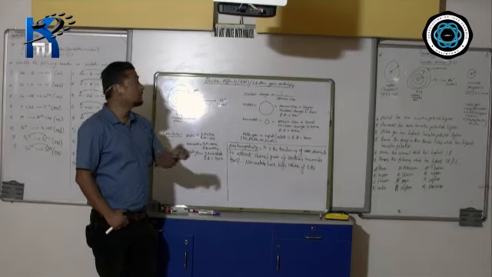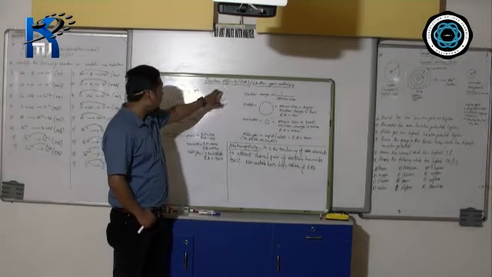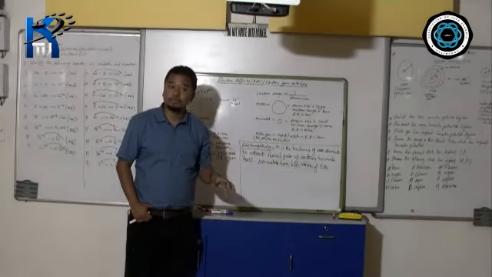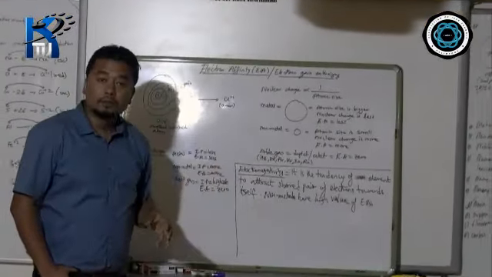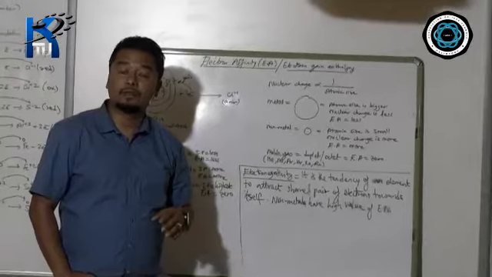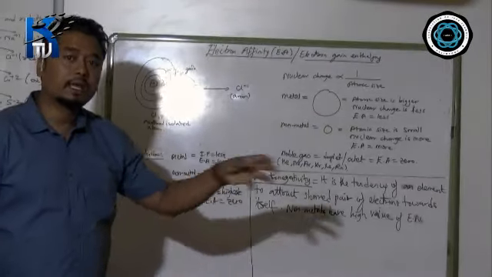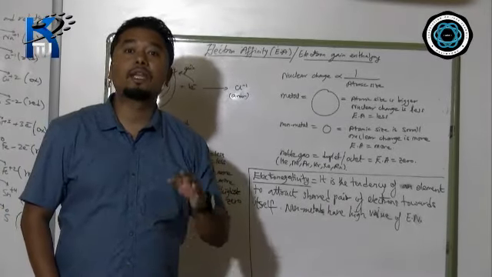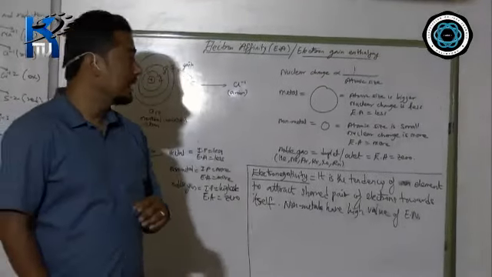So do remember, I have not explained it properly, but I'll be explaining later on. Right now I'm giving you a rough idea of how to remember this. Electron affinity means love towards electron, and who does not have that? Metal, that's why they lose. So metal has a low value of electron affinity. Who loves it more? Non-metal, so electron affinity is more for non-metal. And for whom is electron affinity totally zero? Noble gas, because they are stable, they don't want to gain.